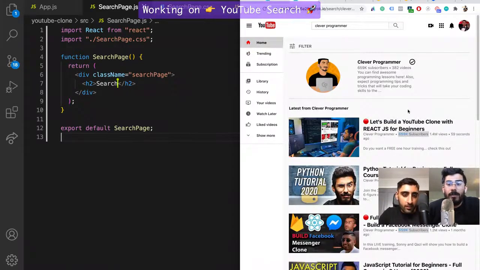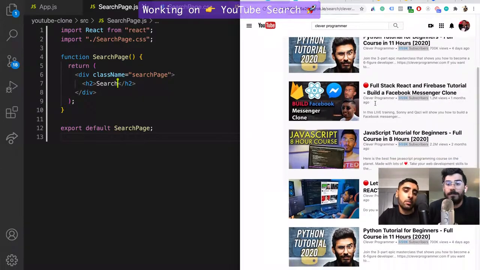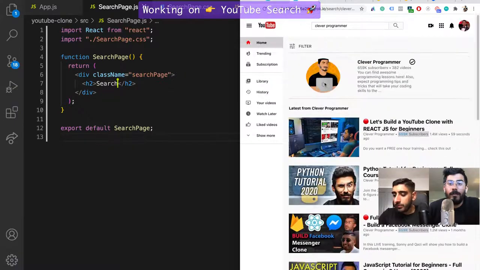All right, so it's this page, guys. You see that filter icon at the top. So let's scroll up. You see filter right there, right? So what we're going to do now is go ahead and add that sort of stuff here. I want to basically do the following for the search page. I want to add that little section where it has the filter icon and then